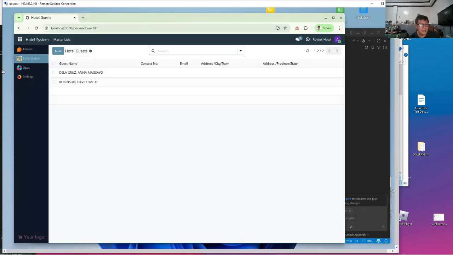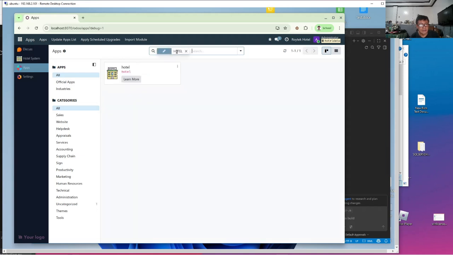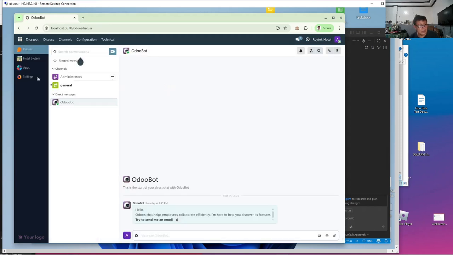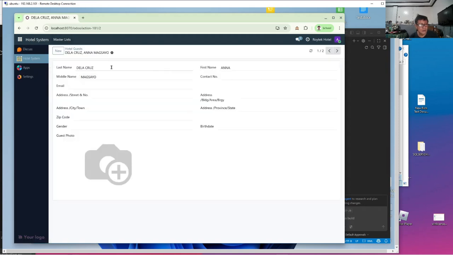So let's go to apps, activate the developer mode, go to hotel. We don't have to update app list because we have done it before. We know that Odoo has already read our Odoo.conf. So you're able to better position it.